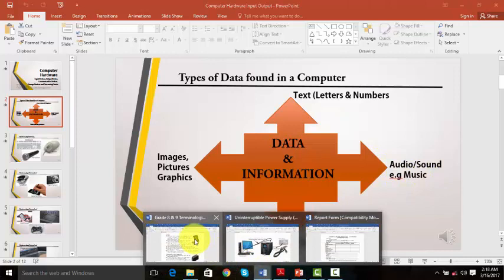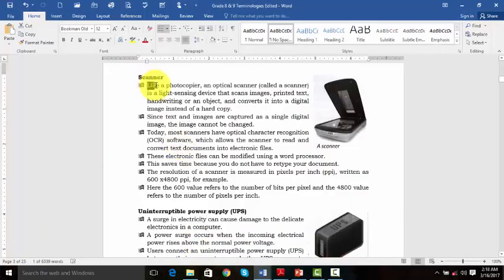That's why they are saying like a photocopier. A photocopier is a machine which only deals with hard copy. For example, you have a photo you want to photocopy, or any document, a letter you want to photocopy. The difference is that the photocopier has a hard copy, and the output will still be a hard copy. For a scanner we have a hard copy, and then it will go into an electronic file.